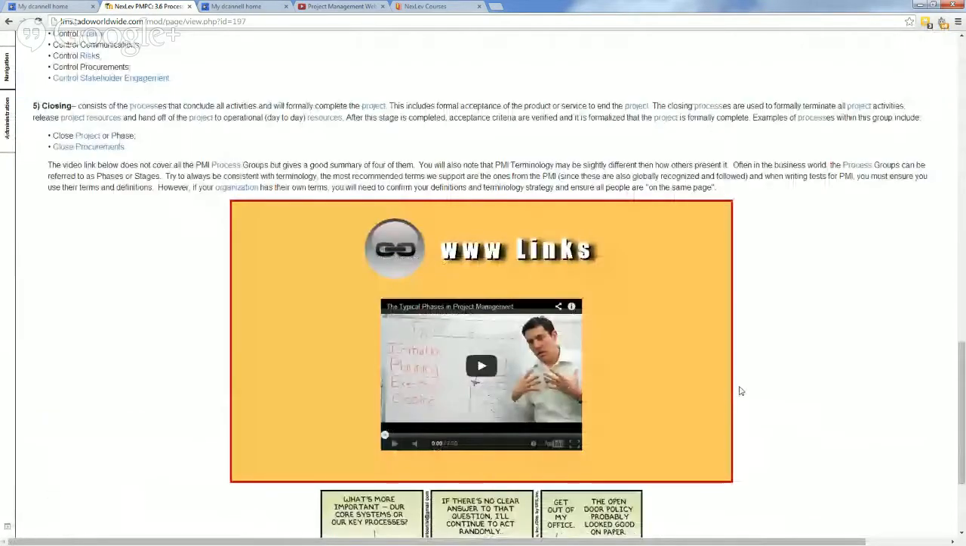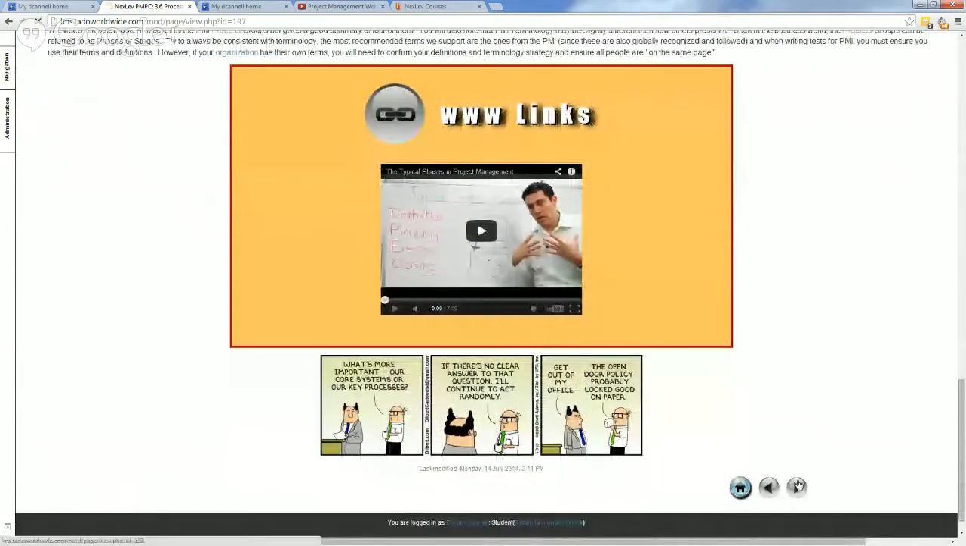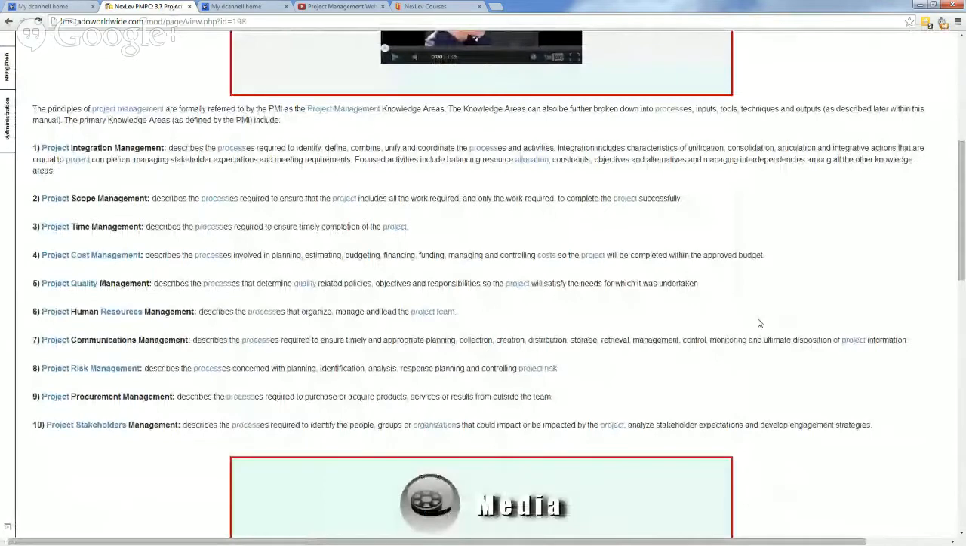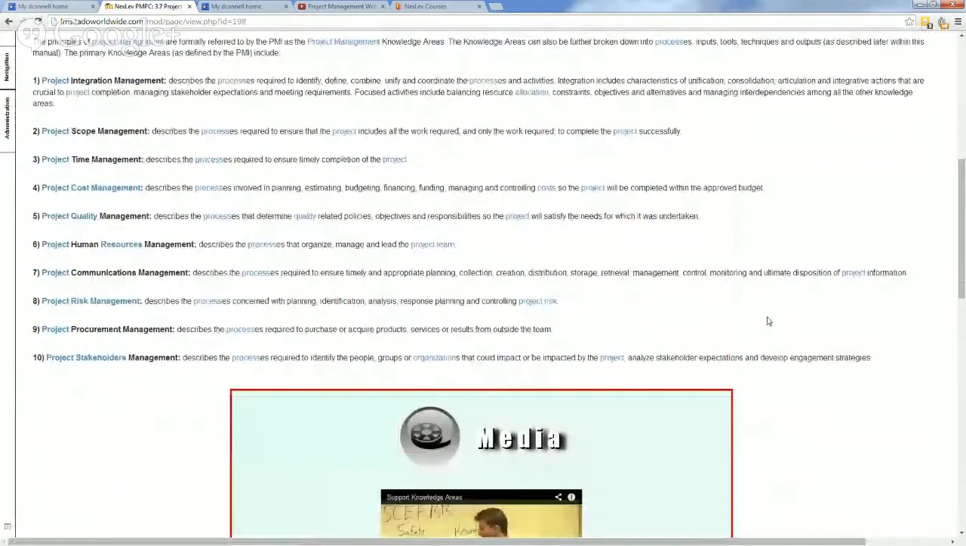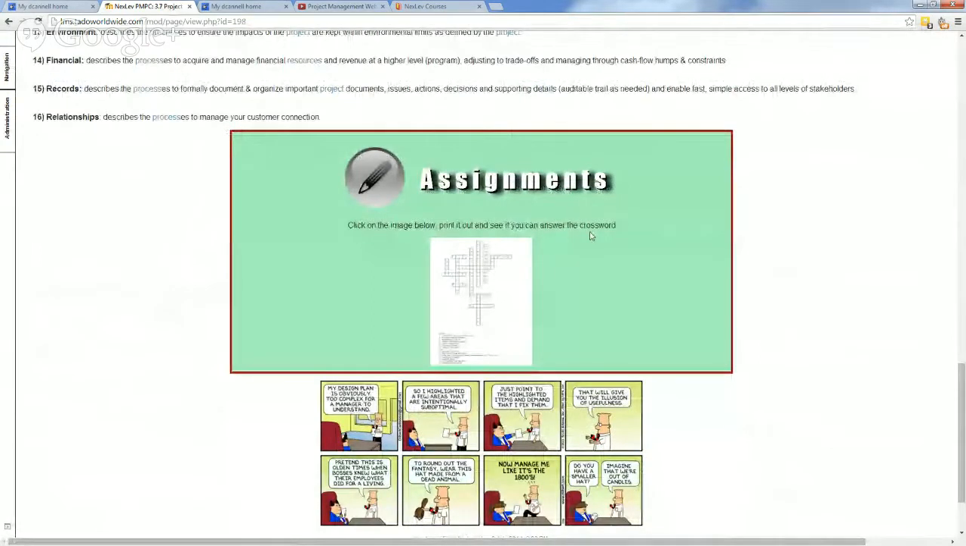If you go to the bottom, you have the WW links, and then you also have your little bit of humor at the bottom of it once you've done your quiz. The quizzes aren't timed, by the way. But as I'm clicking through this, this is one of the first off-site assignments, and this is a crossword puzzle